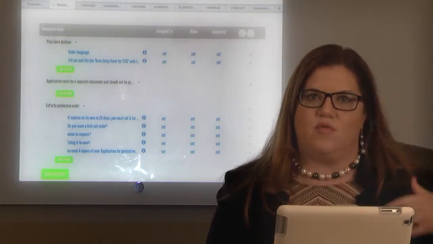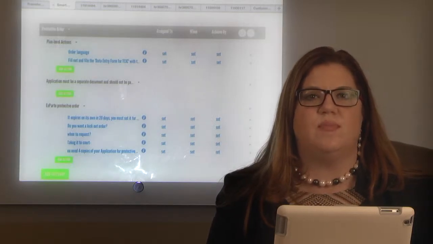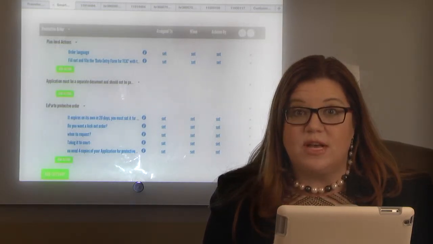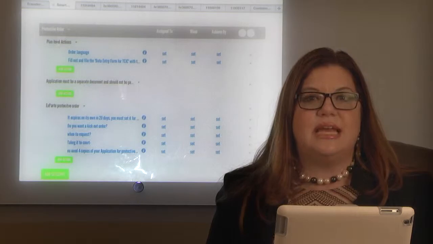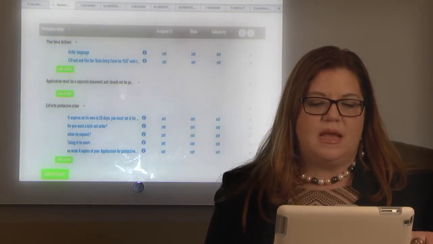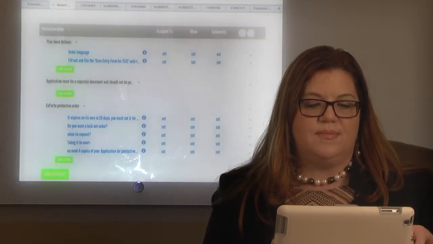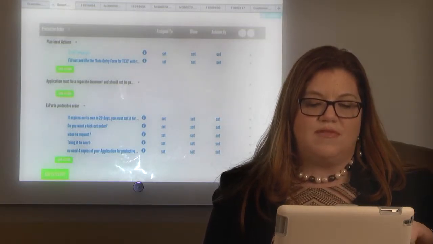Let's talk about a protective order. This is our protective order template, and it's going to give you tips on drafting your protective order and in seeking and getting your protective order, things to think about. So we have order language here, and it gives you a little reminder that when you're drafting your order,